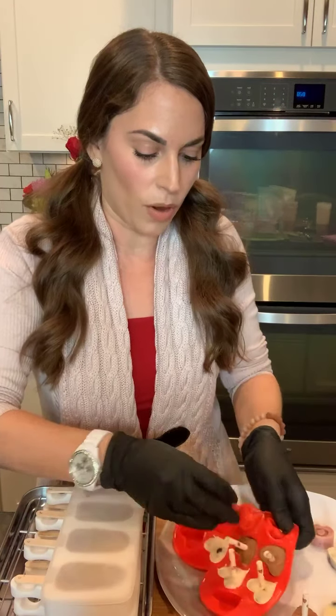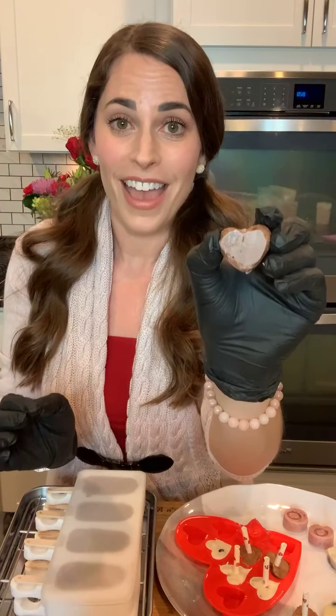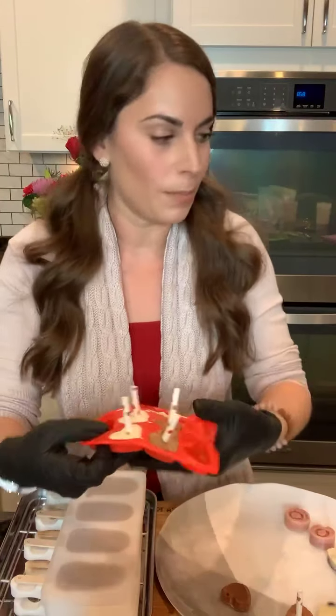I will pick out one without a popsicle stick. So you can see that your kiddos can literally just pop this right in their mouth, and it's like a little popsicle bite, okay? Super fun, super cute. And then let's pop out